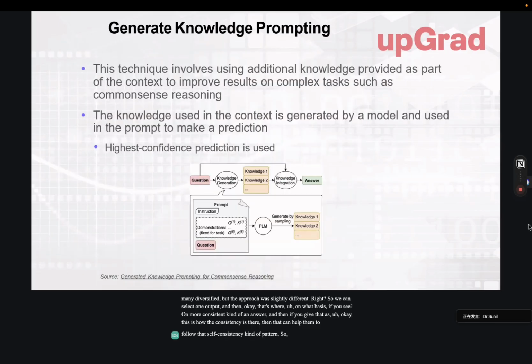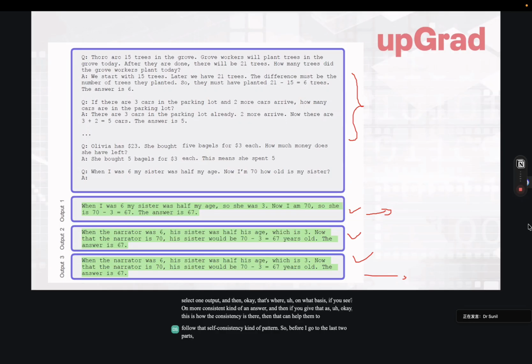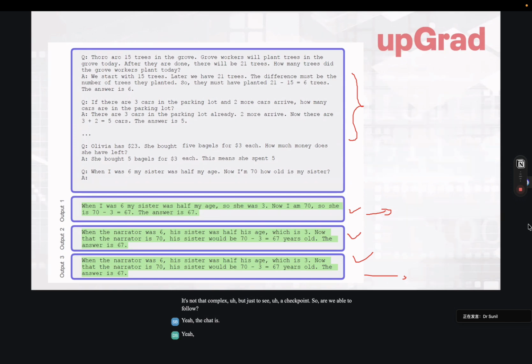So before I go to the last two parts, are we good so far? Is it going into your head or above your head? It's not that complex, but just a checkpoint. So are we able to follow? Yeah, Subir? Prof, can I ask, for the ones that we've covered so far,